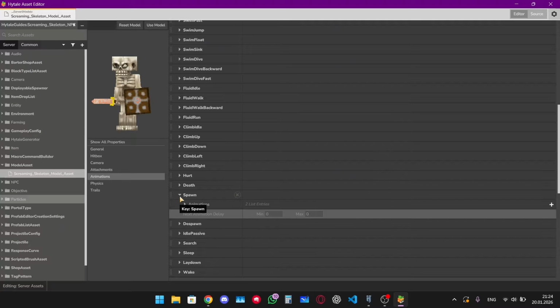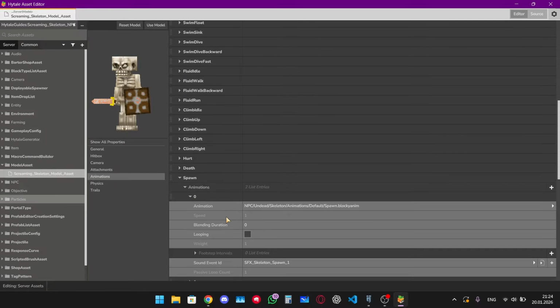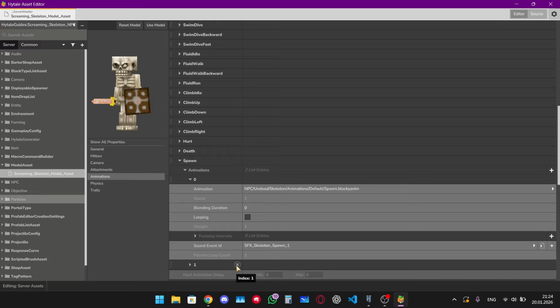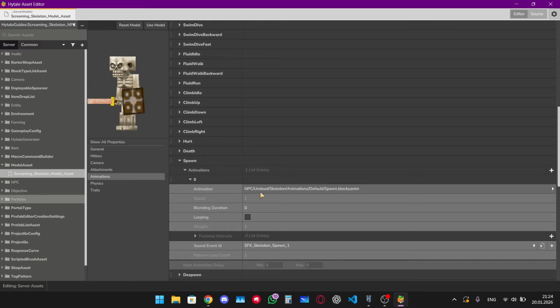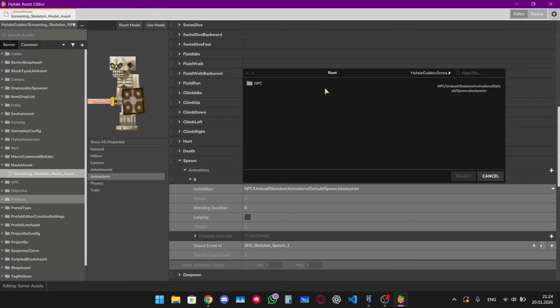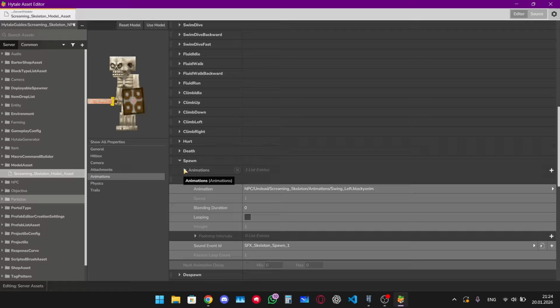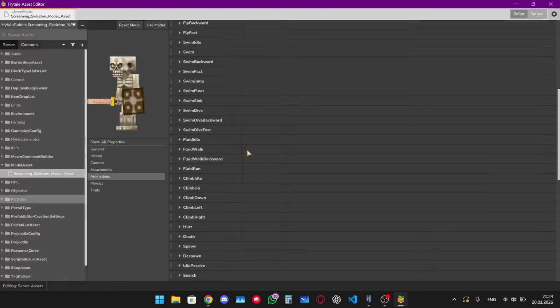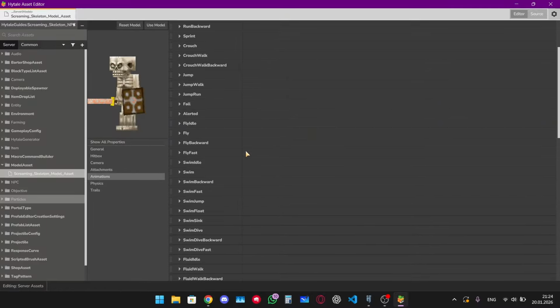Let's change the spawn animation. I want to go right over here to animations. We can see that it currently has two of them. I'm going to remove one, and this animation right over here, I'll click here and replace it with our custom animation that should be over here inside of NPC, undead, screaming skeleton, animations, and this is the animation that we've made inside of Blockbench. I'm going to select that one,